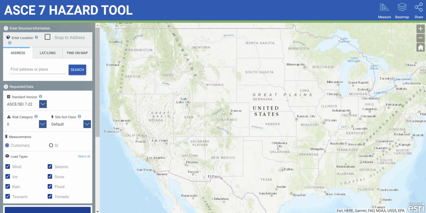And it's usually a map of the United States with a bunch of colored areas thrown in there with what wind speed is in what area and stuff like that. So you're just going to follow that for design for the wind speed and the seismic categories. But if you were to use this, then you'd put an address in. Well, let's try just Las Vegas,